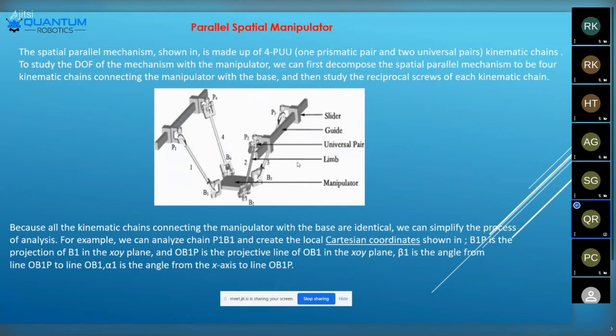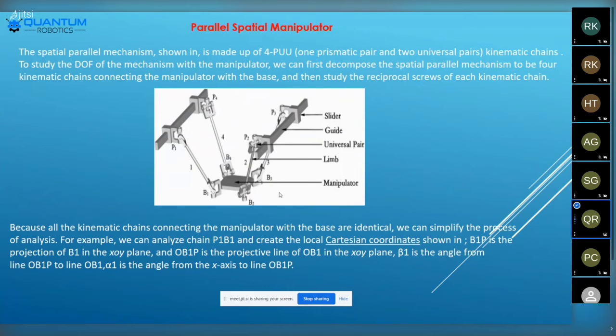Okay, now we got it. Here you can see slider, glide, and universal pairs, and limbs, as well as a manipulator. The limbs are used for the particular supporting process, and the universal pairs are used to give the particular angle rotation in a particular area of the dimension. And the slider, you know the working principle of a slider and how it is used. And glide means giving the particular midpoint for a particular object.